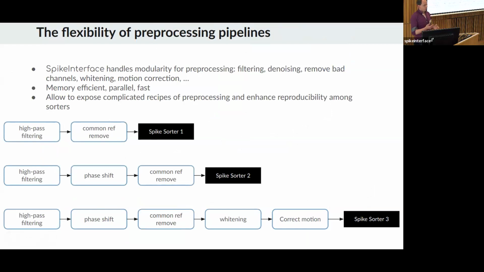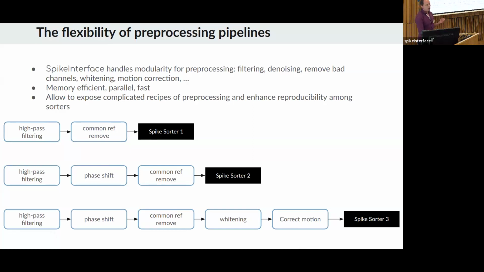Or you can do some phase shift, maybe if you're using some Neuropixels and you want to compensate for the sampling, or you can also eventually correct for motion. For example, Charlie just presented a method that might outperform the one from Kilosort. So you wish you would be able to still use that, and maybe plug that into Kilosort, turning off the motion correction method of Kilosort and using the one implemented here by the Paninski group.